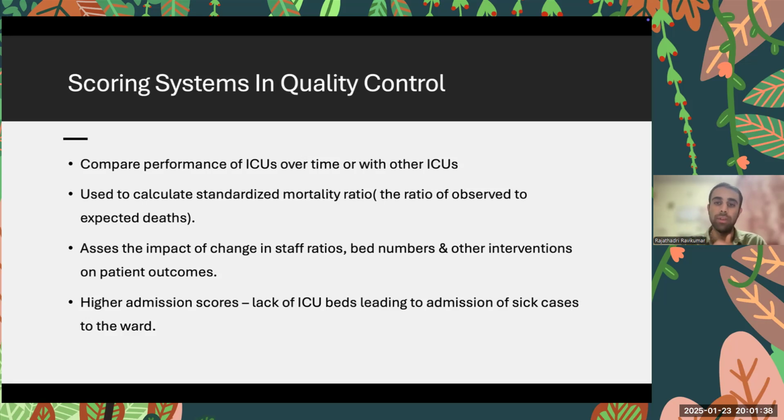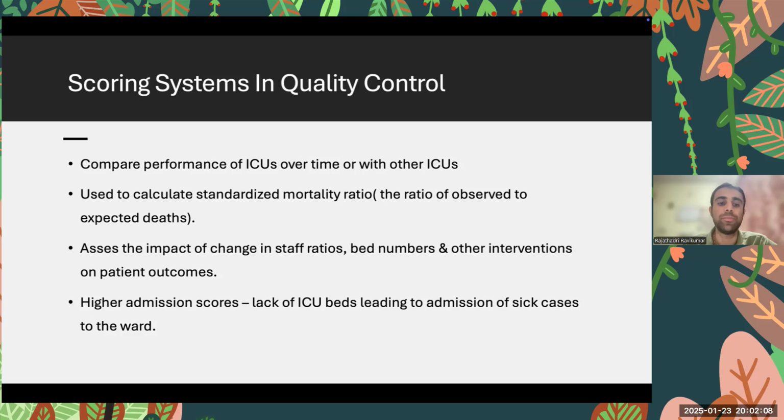We have to address why we are doing a bad job based on the SMR. But it comes with a pinch of salt. If the scoring system is not validated in a population, then we cannot use it to calculate the ICU performance. We can also use the scoring systems to assess the impact of change in staff ratios, bed numbers, and other interventions on patient outcomes. So how is the SMR varying when the staff ratios are changed,